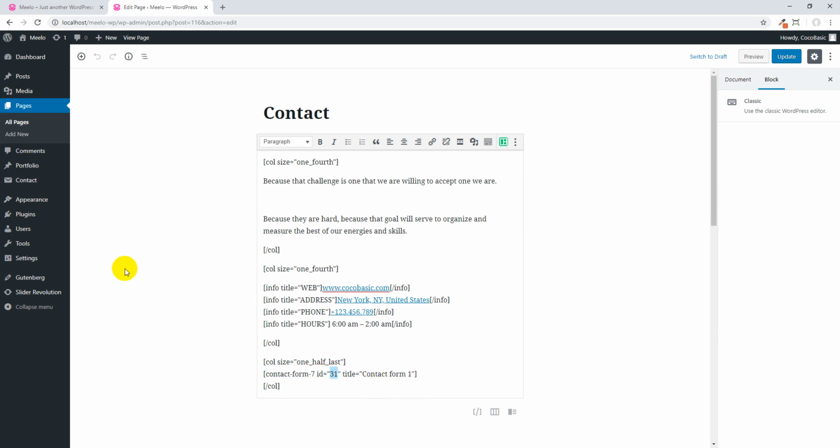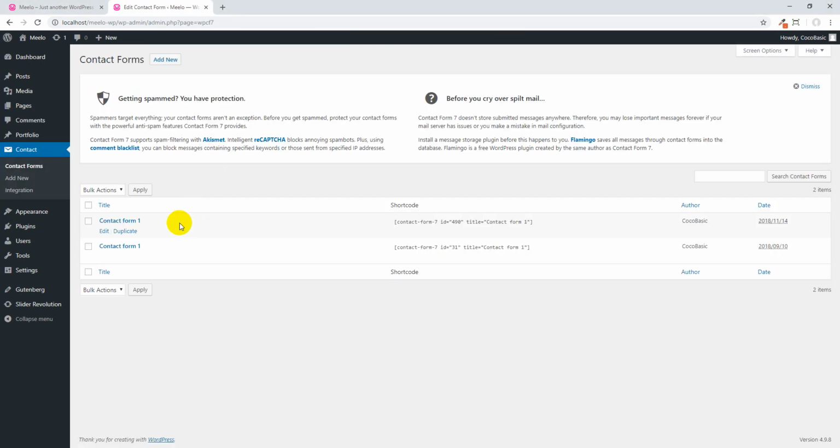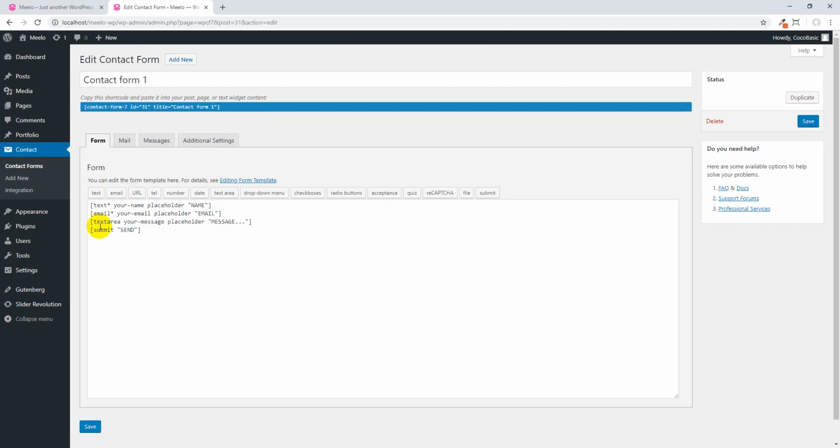To change the contact form, go to contact forms, we will leave this page, and this is our contact form, edit, and here it is, submit send. I will send me here, and also you will need to change, you click save, you will need to change